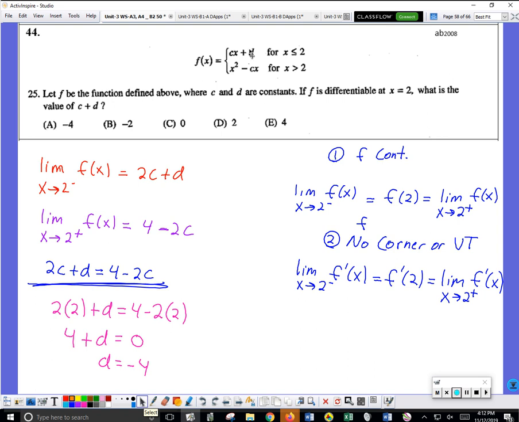Somebody answer this. What's the purpose of this little thing here? What's the purpose of that? Matthew? Find all the points of 2 and 4 on the curve. Good. This is how I find all the xy pairs of f for all x's that are less than or equal to 2. So if I want to find the slopes of all those points, I have to take the derivative of that